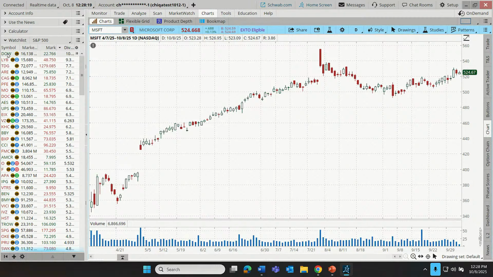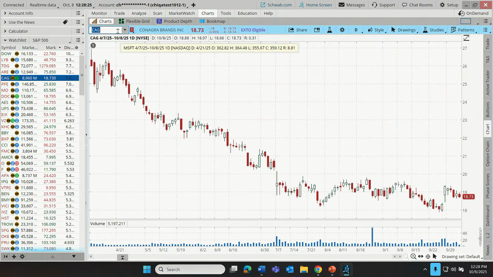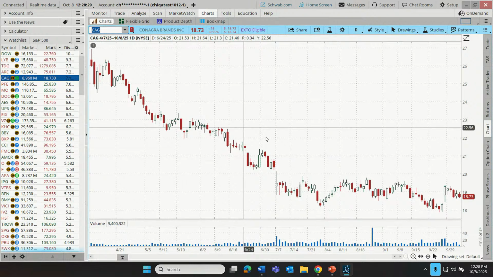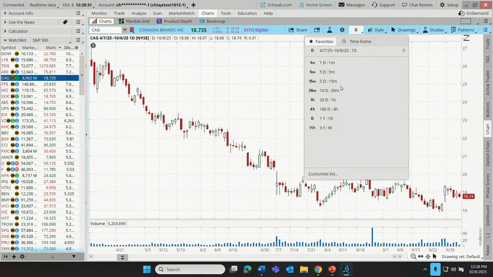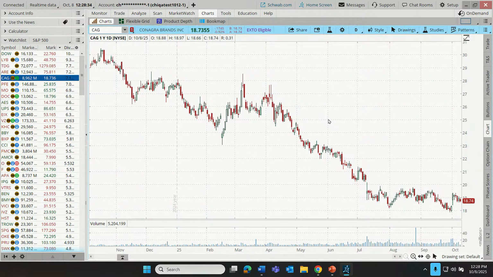All right, so maybe a stock like ConAgra here, CAG. So CAG, over time, you'll notice if we look at this on, let's say, a 1-year chart, CAG has not had a great year.